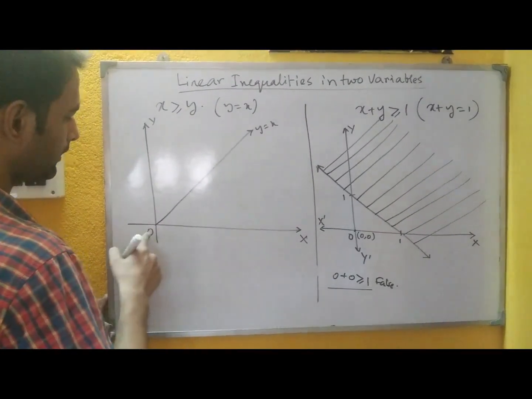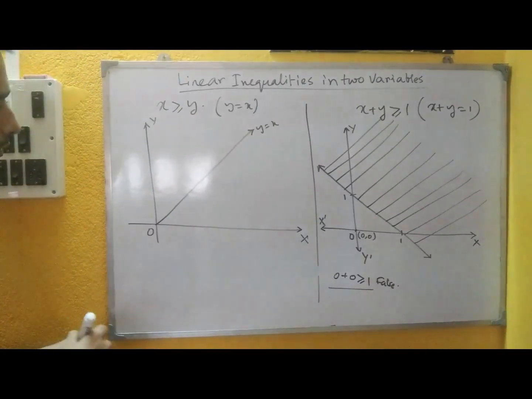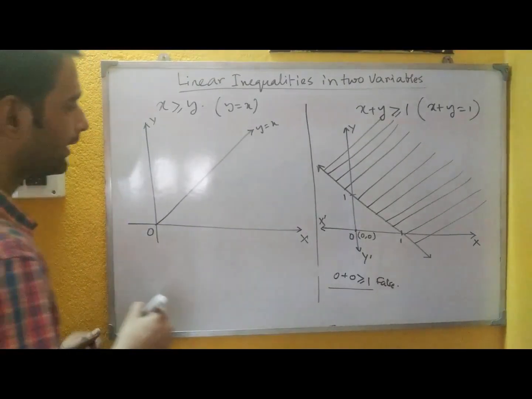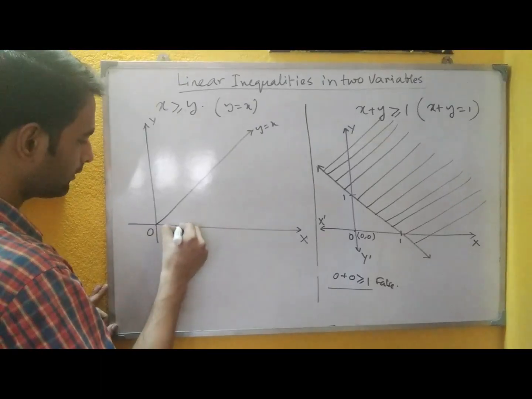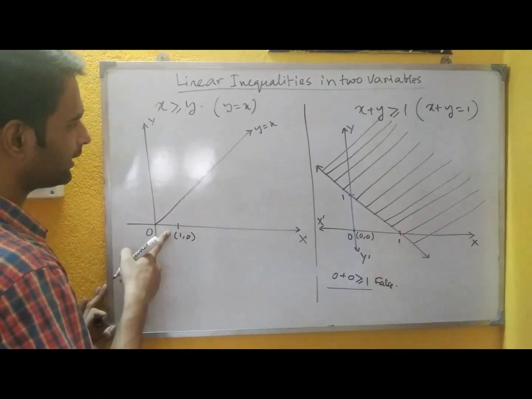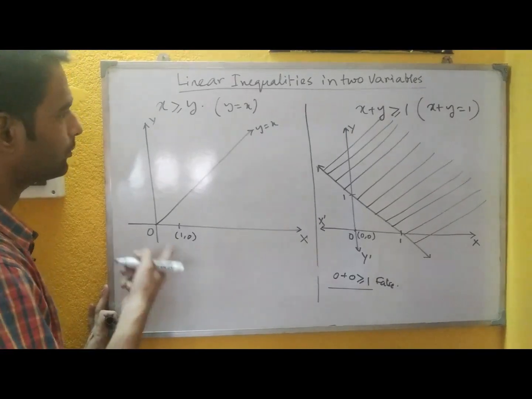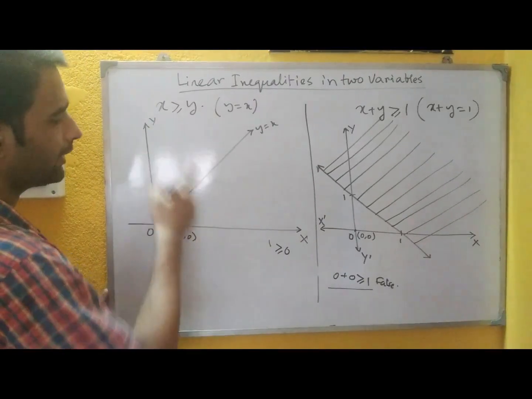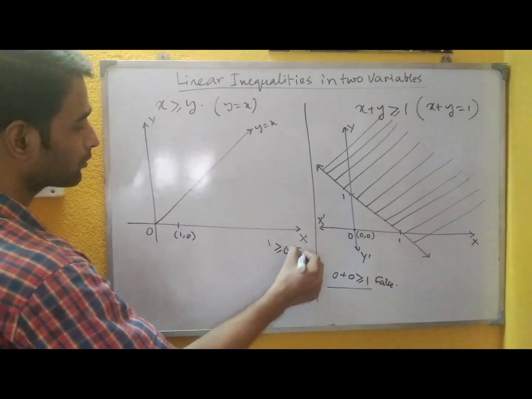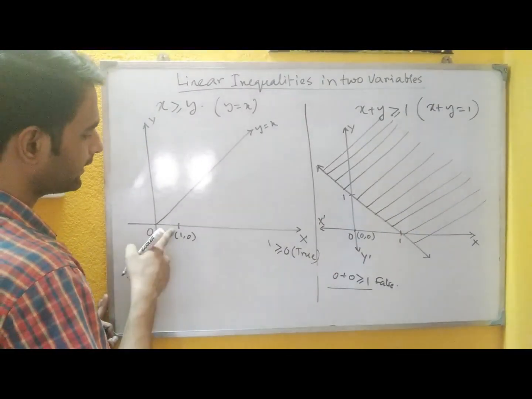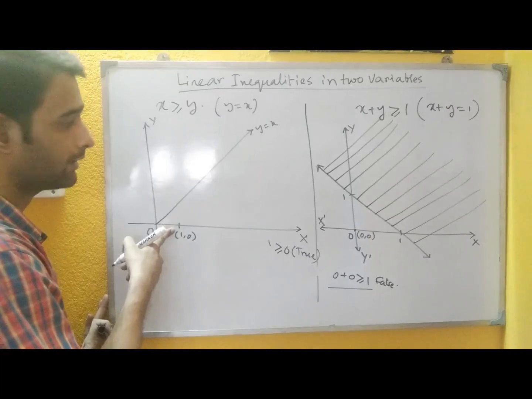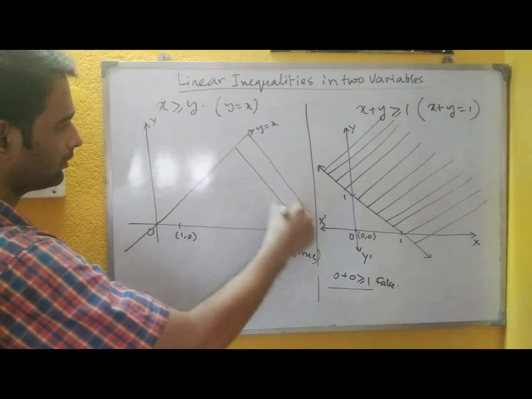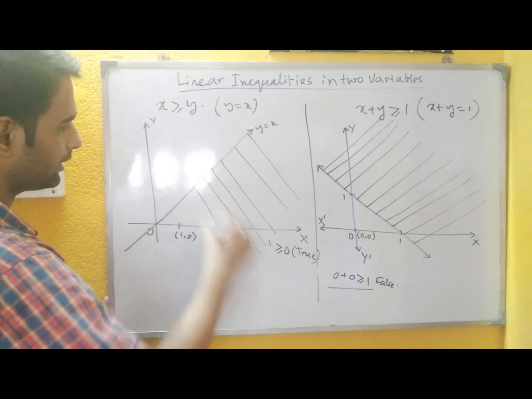So then, since the line is passing through the origin, we cannot anymore take the point origin to verify the inequality. So we have to take another point which is outside the line. So for that we are taking the point 1, 0 here. It is another easy point to verify. So see, from this point putting in the inequality we get this 1 greater equals to 0, and it is very much true. So we can say that 1, 0 is in the solution set. So we will shade towards this point. So this will be our solution region.